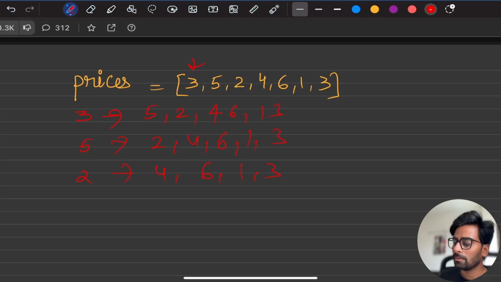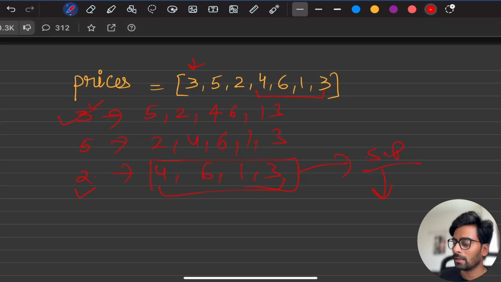So one thing to observe is whenever we are getting a new smaller value, like initially my cost price was 3, now I got 2, a better cost price. 2 can act as a better cost price, right? Now whatever values come after 2, like 4, 6, 1, 3, if I consider them as my selling price, then which will give me more profit, 2 or 3? Obviously 2 will give me